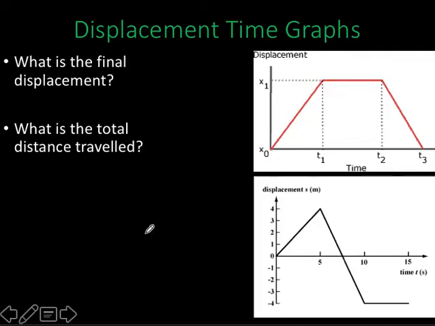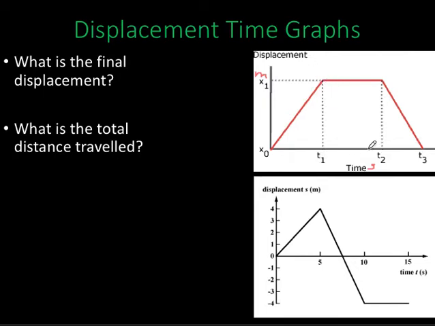So this one here, we've got a displacement time graph. Let's have a look at this first graph here. I'll just assume there's been no units given to these numbers, so I'll just give them a unit. I'll make this one meters and I'll make this one seconds. So for this displacement time graph, sometimes called a position time graph, in the first second I've moved 1 meter,